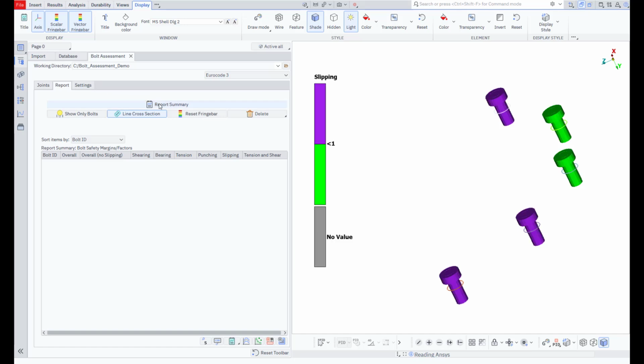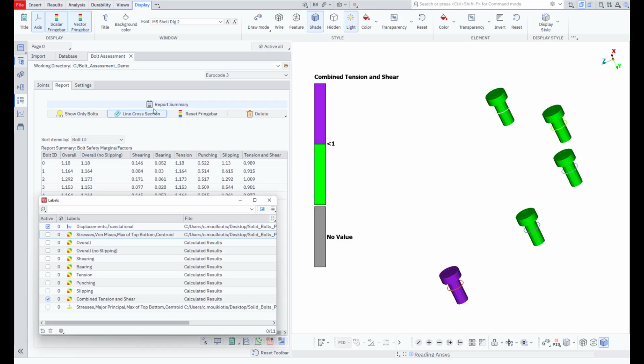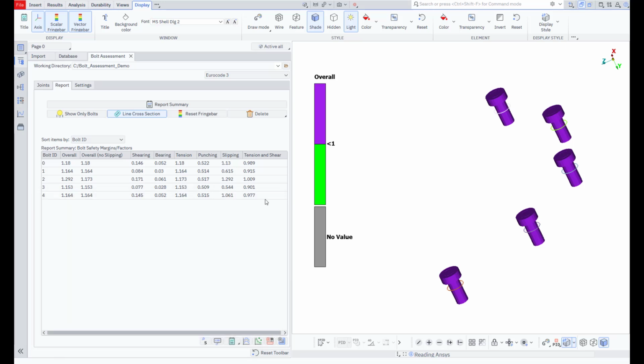For applications requiring preloaded bolts, the correct approach is to model pretension to establish contact between the plates and then extract the pretension as axial force using the tool. This ensures the most accurate results and reports. However, in the initial design stages, users can import bolted joints without pretension, typically using 1D bolt representations, to quickly estimate the appropriate number and diameter of bolts needed for a proper joint design.